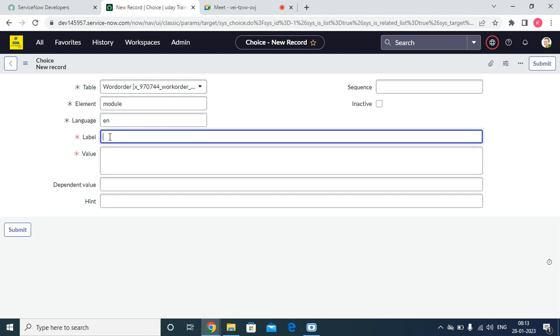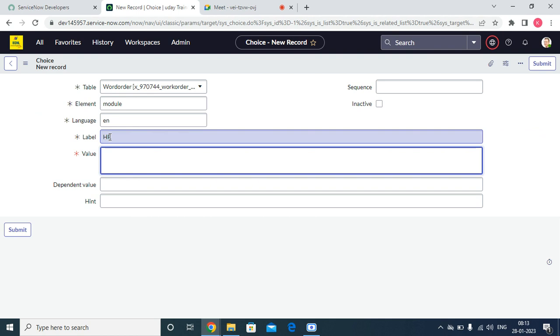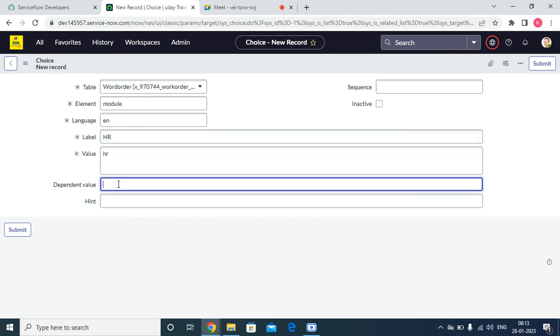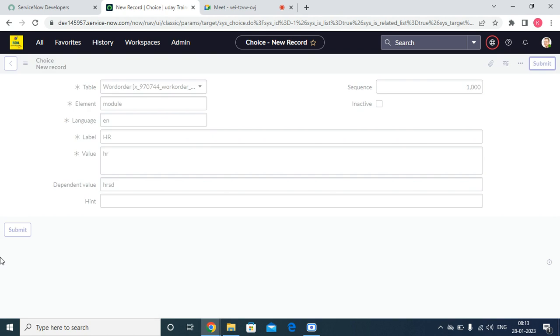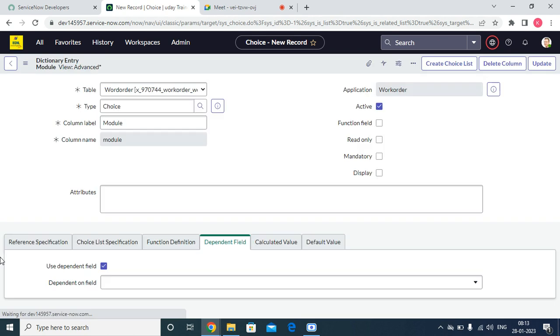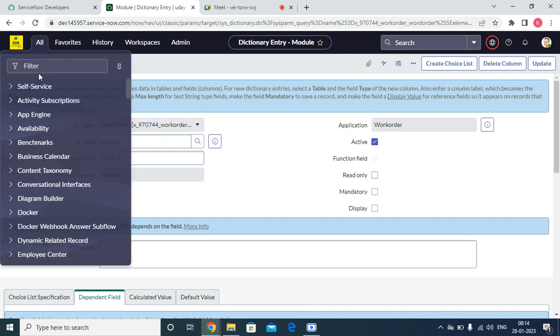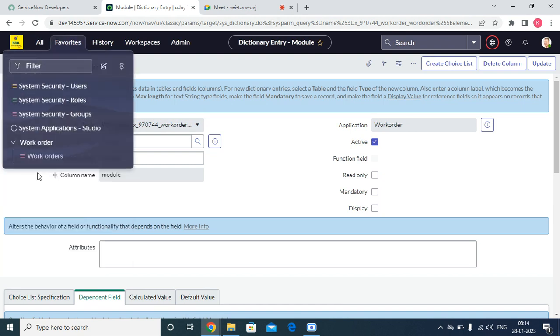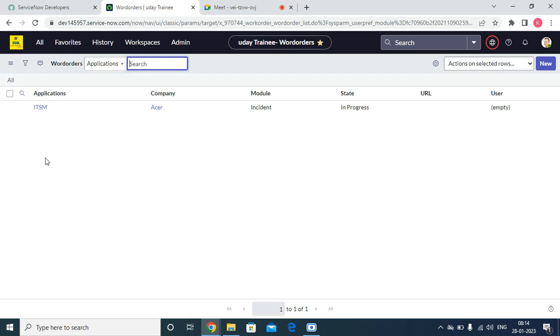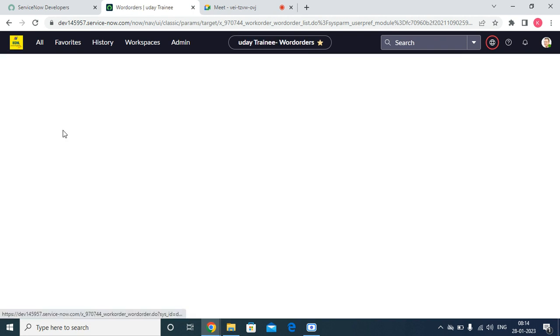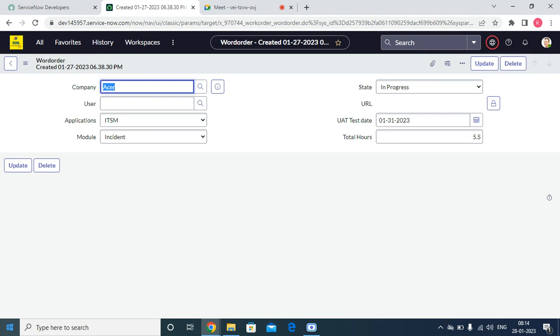For that one, we are giving HR, the backend value is HR, and it depends upon the HRSD 1000. So if we open this one now, see